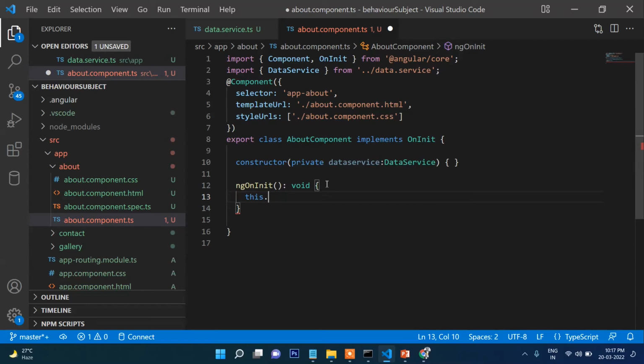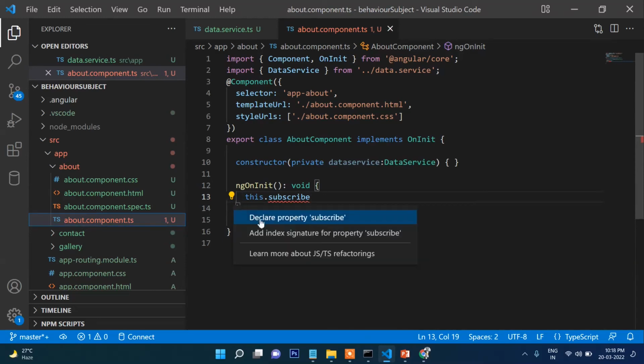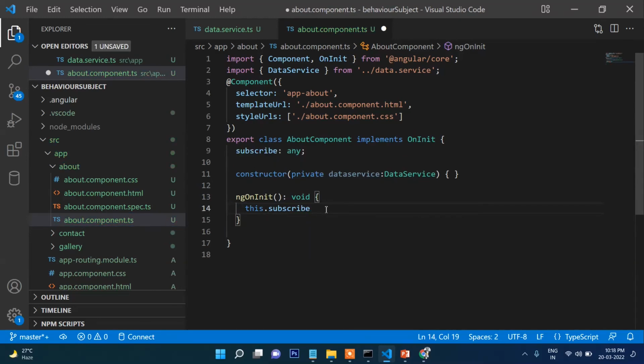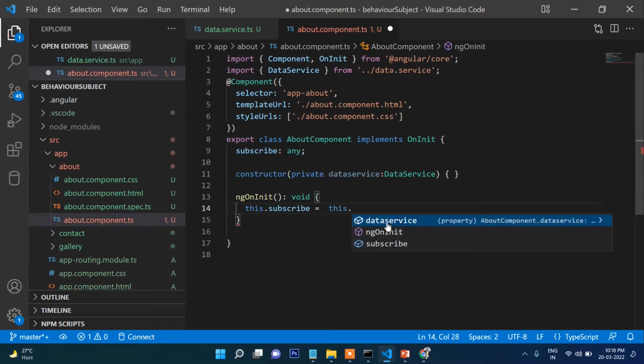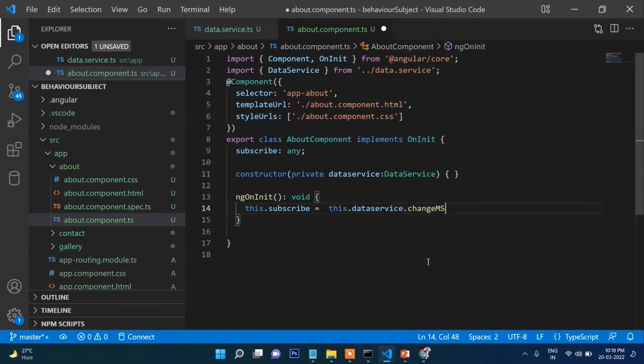This is a variable, remember you can give any name. Okay, so this dot subscribe equals to this dot data service dot, not change message, actually current message, this new message dot